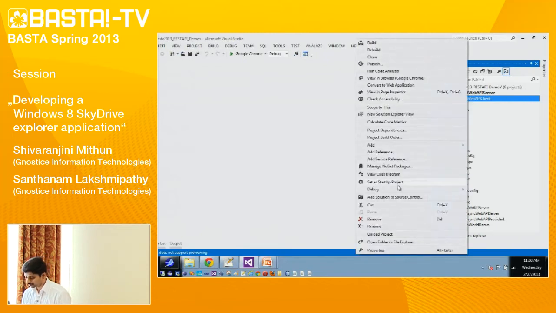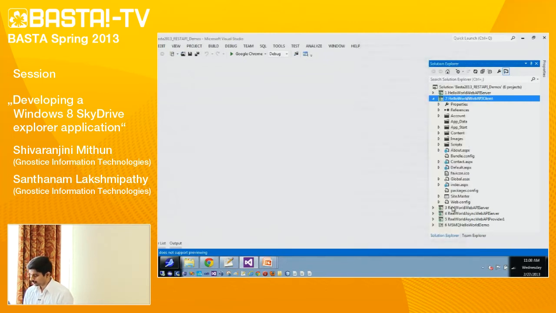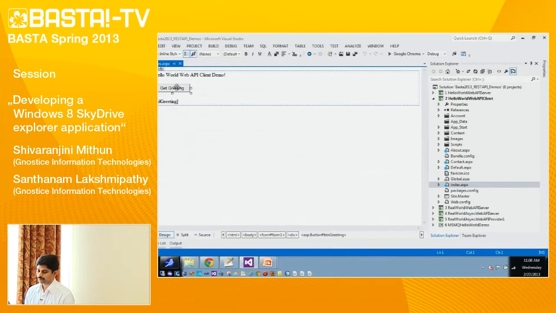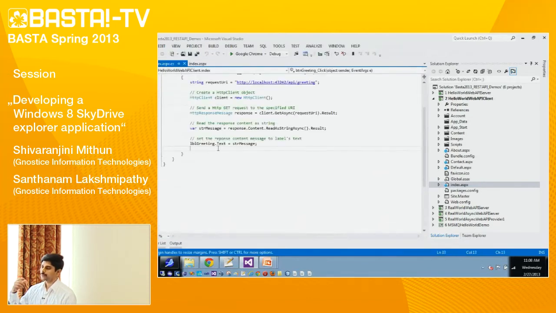Let me set this as the default project. In this project, I have added an index.aspx page, which has a push button and a label. In this push button event, we are going to send our GET request to the server and receive the response, and the response message will be set as the text for the label control.